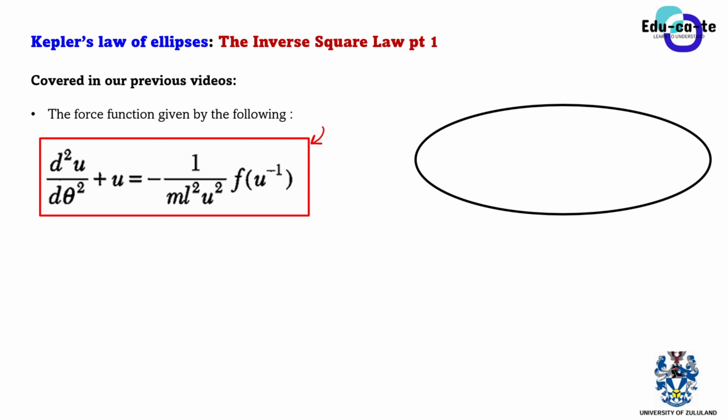Now here is our elliptical orbit, and here is the sun at one of the foci, and you can see that here is your planet. Between the sun and the planet, the line that connects those two is known as a radial line, and we use the symbol R to represent it. So basically we have two focus points.